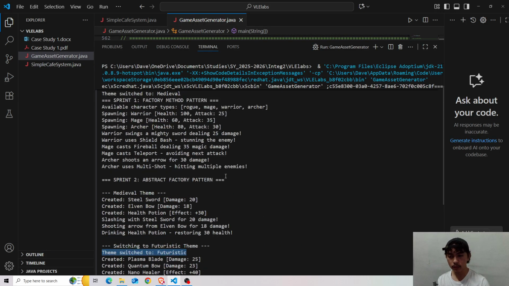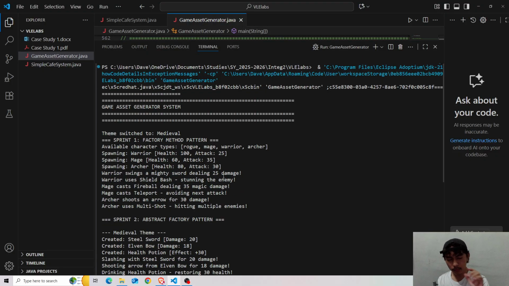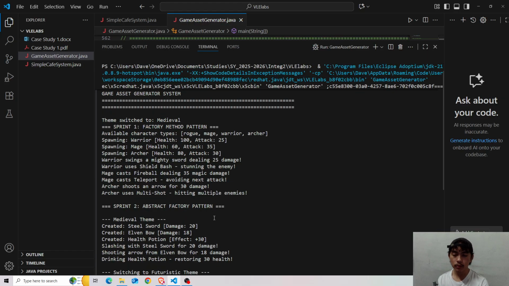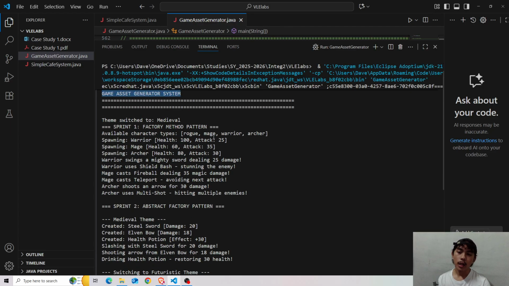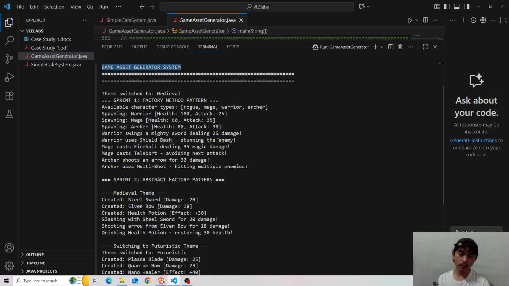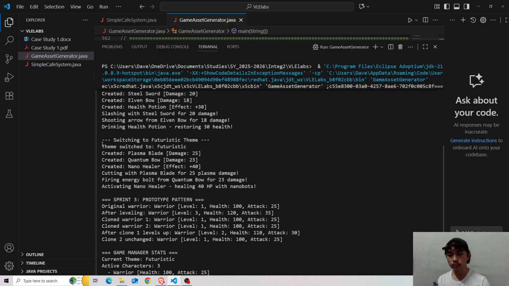Okay, so since we're currently running a single instance of our game asset generator system, applying the singleton pattern, we can see the dynamic switching of themes as a feature of the game here from medieval to futuristic.